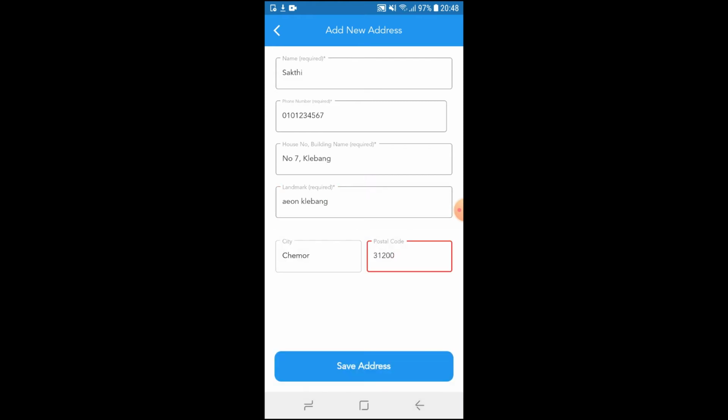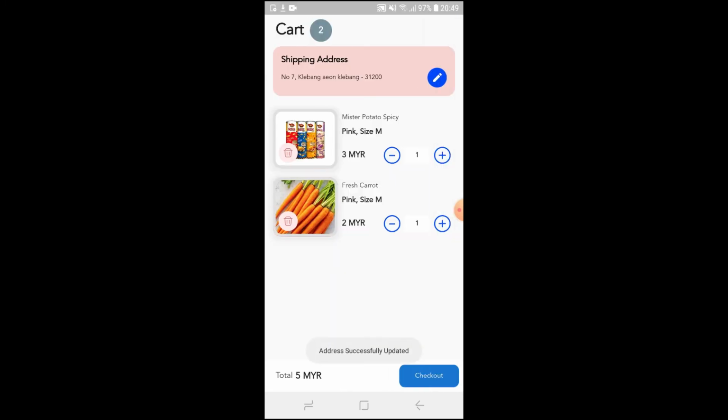The postal code over here is Chemuar because the shop is located in the Chemuar area. Apart from Chemuar, there is no delivery option available, so it's already preset. The city is Chemuar. So we save the address.